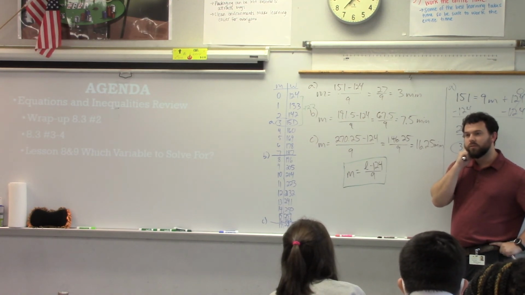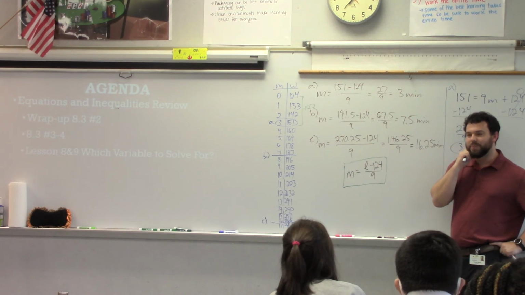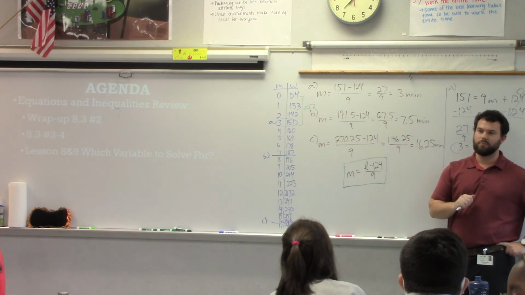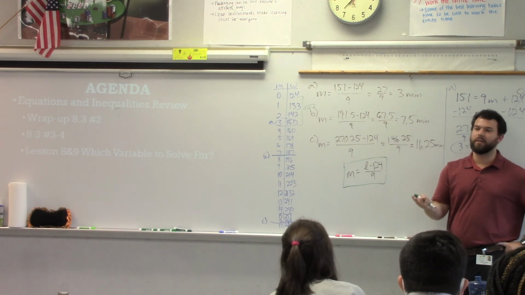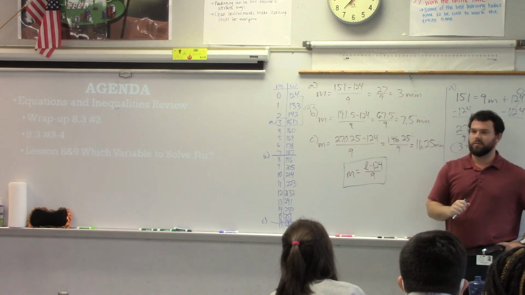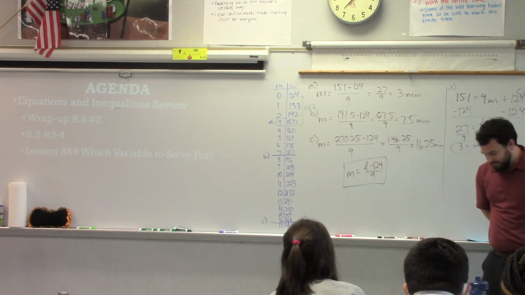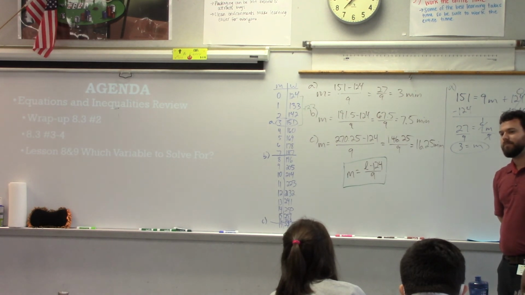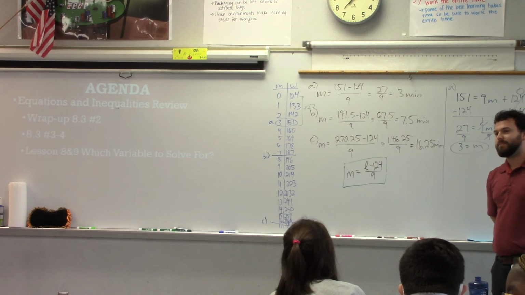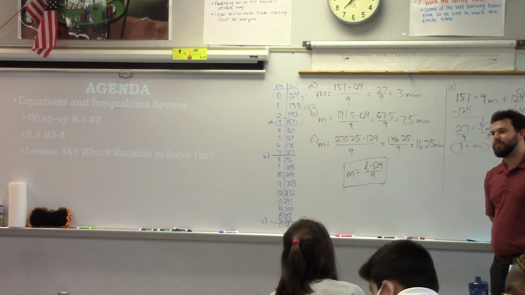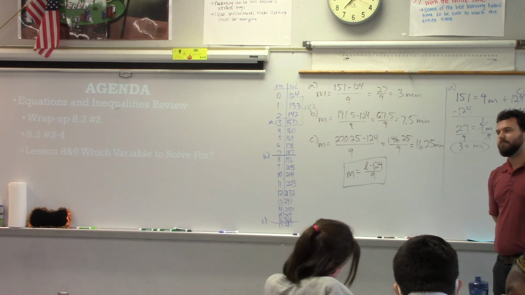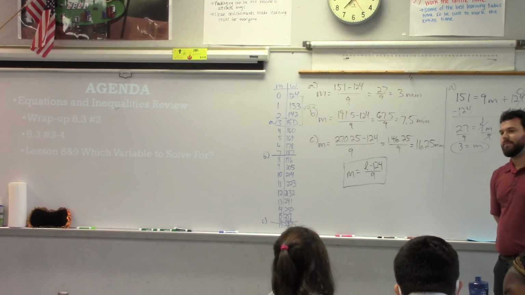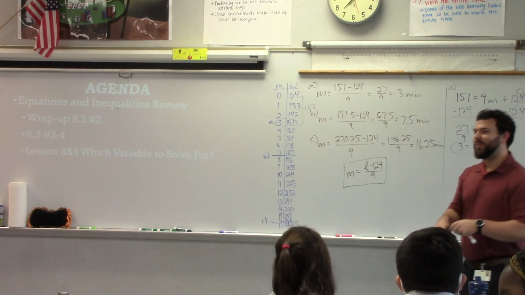M is minutes. I just want you to focus on the right-hand side. Where did this right-hand side come from? Okay, so L is for liters. Okay, but why is there an L there? Looking at these three things. So liters, you're starting, what you're trying to find out minus starting 1, which is 124, and then divided by 9.